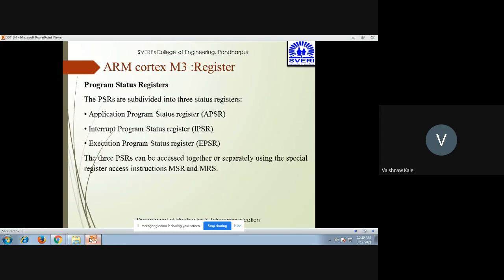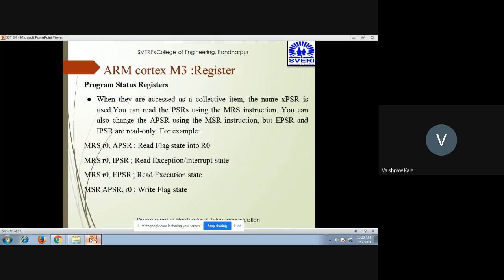So MRS is for reading purpose, MSR is for writing purpose. Now, how is it read and how is it written? They can be accessed individually or separately, or they can be accessed together. When they are accessed together as a collective item, they are called XPSR.